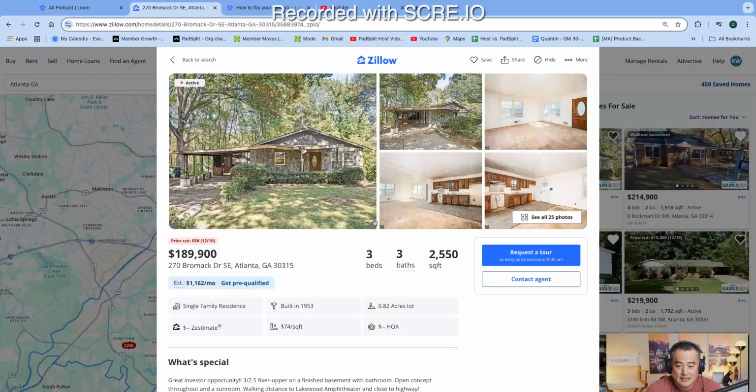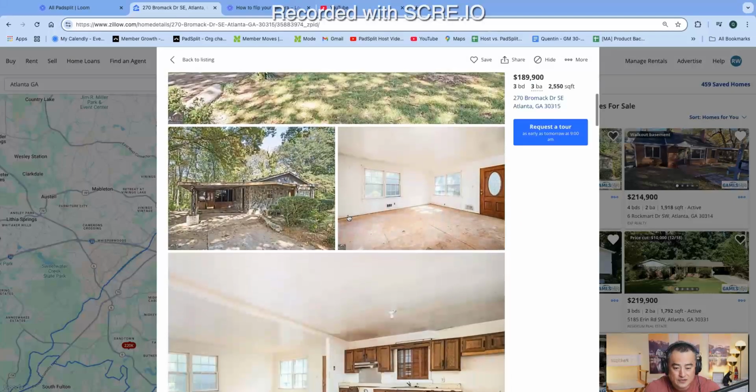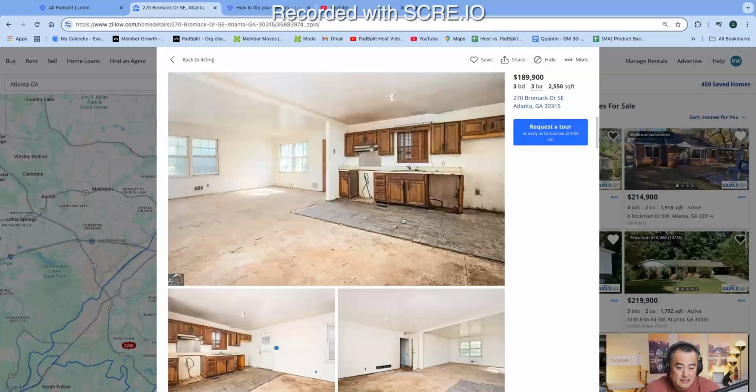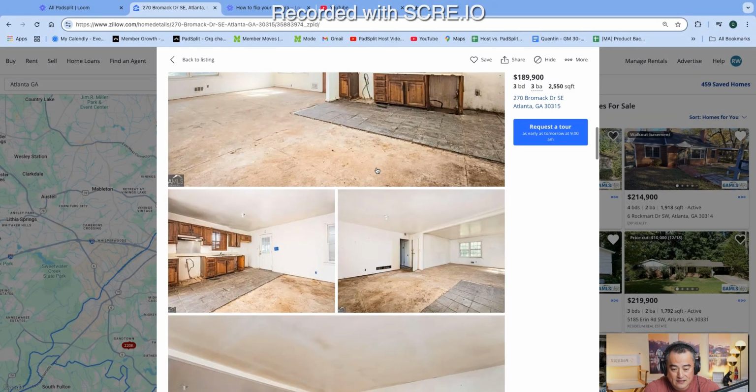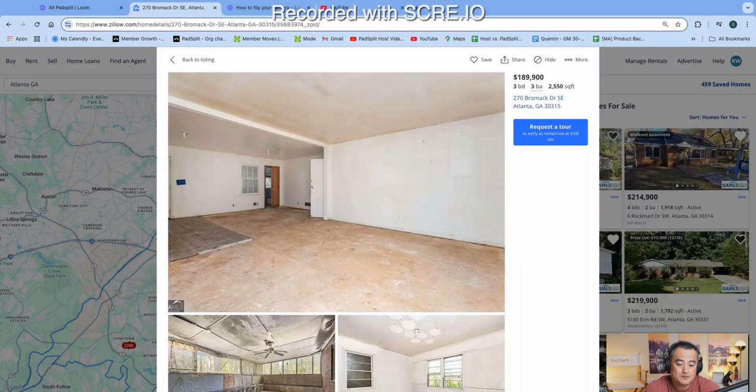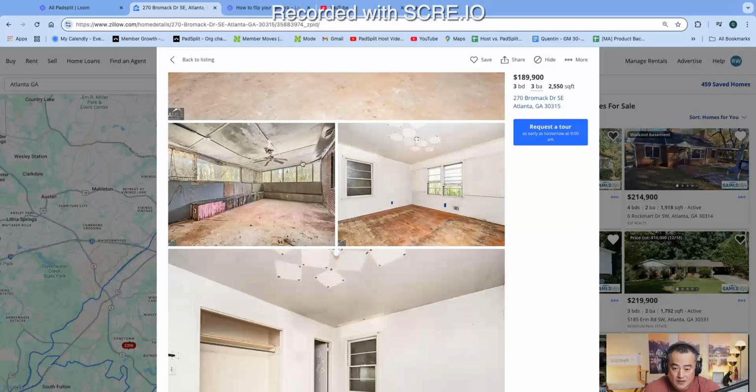At 189.9, it's a 3.3 and it's a larger square footage at 2550. Quick look at the pictures. It looks like it's pretty distressed. Somebody's in the mid flip. Full kitchen is necessary. So when I see pictures like this, I just know that the inside renovation work is going to cost more. This is a screened in patio, a lot of mold,